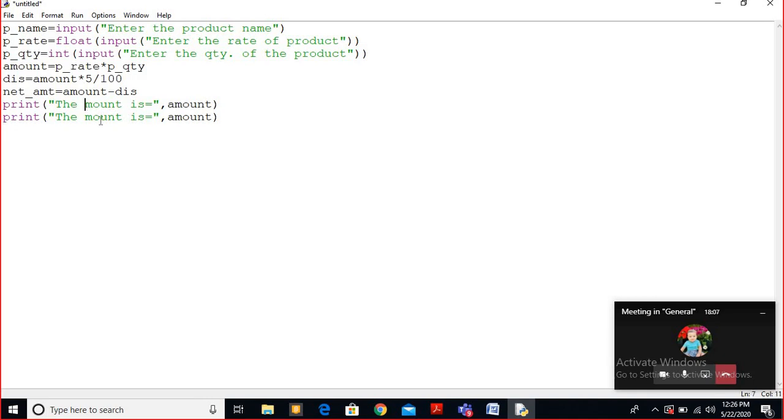The discount is equal to DIS, then the net amount is equal to net_AMT. So this is the small program to create the product sheet.